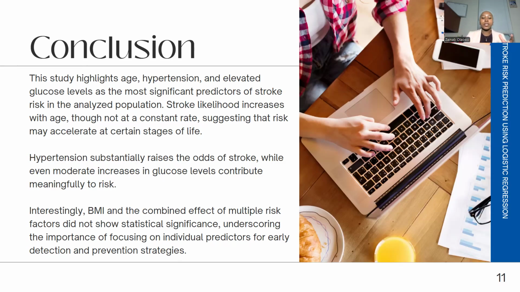BMI and other combined effects didn't really have statistical significance, which is very surprising because my hypothesis going into this project was that BMI was going to be very significant amongst these key predictors. I also thought that BMI, hypertension, glucose level, and maybe smoking status were going to be increased. But now we've learned that some of those things didn't necessarily have a significant effect on whether an individual has stroke or not.